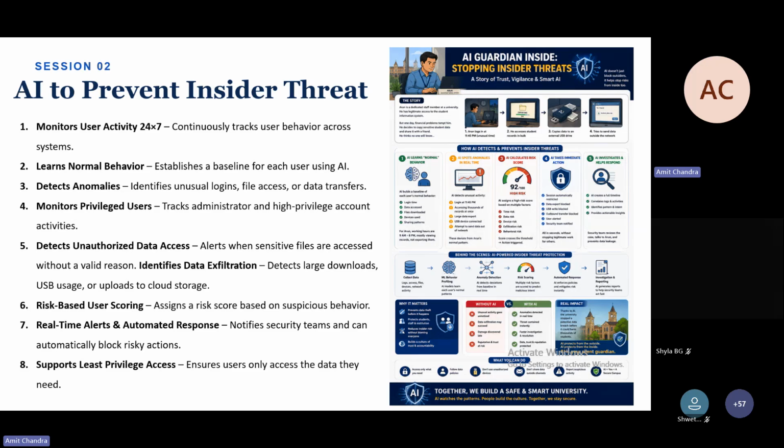The risk comes out as a time risk, because it's an unusual time when the user has logged in. It's a data risk, because the user is trying to copy a huge volume of data. It's a device risk because a USB has been inserted, and it's a behavioral risk, in the sense that copying millions of records is not normal behavior. So the AI will take immediate action based on the risk score, and the session will